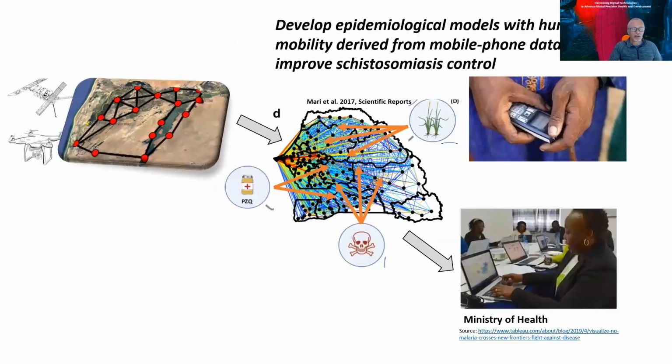So what we see here is that we can integrate the field ecology with drone and satellite imagery to identify potential hotspots of transmission. We can use this information to fine-tune epidemiological mathematical models of disease dynamics, where people's movement, for instance, is calibrated by using mobile phone data. And we can explore different scenarios and have a sort of surveillance system where every year we can span this area, identify where the hotspots are and which are the best interventions to control the disease.